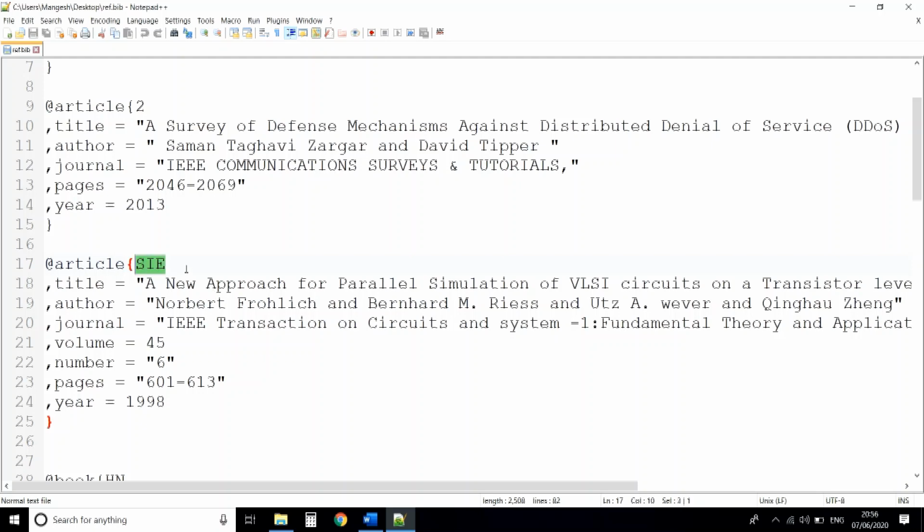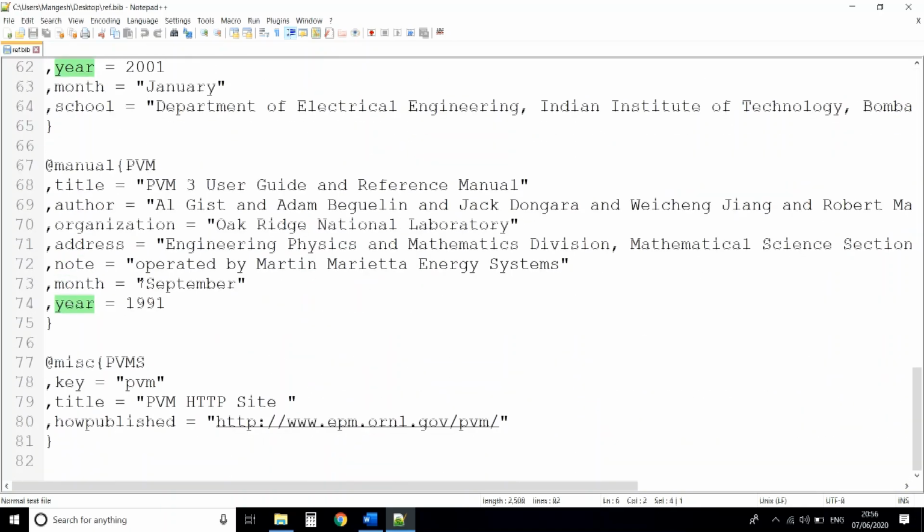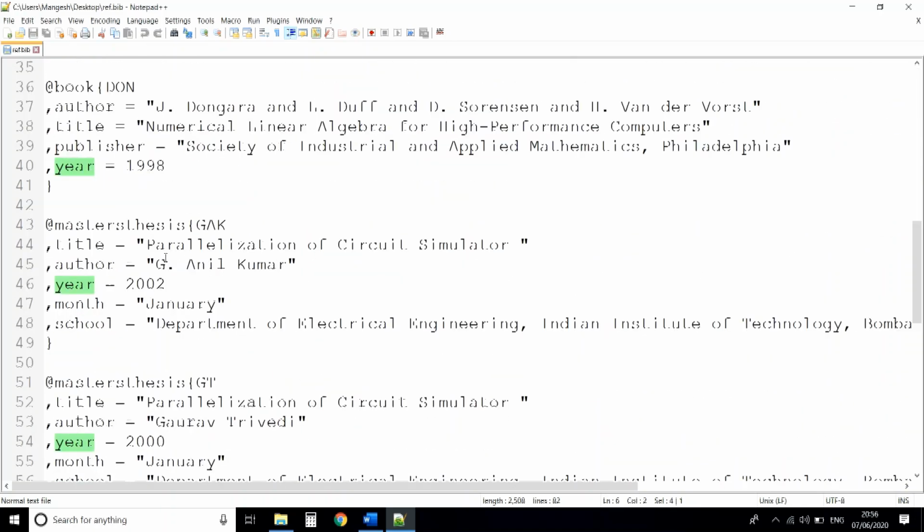Then the title of that reference, author of that reference, name of journal, pages, year. Here again you can include volume number and issue number as per our requirement. So one by one you need to add all references in the bibtext file.